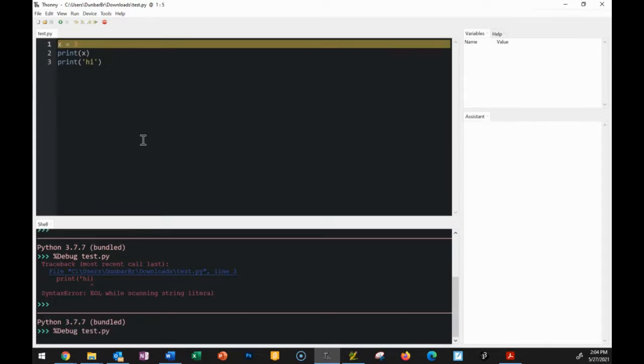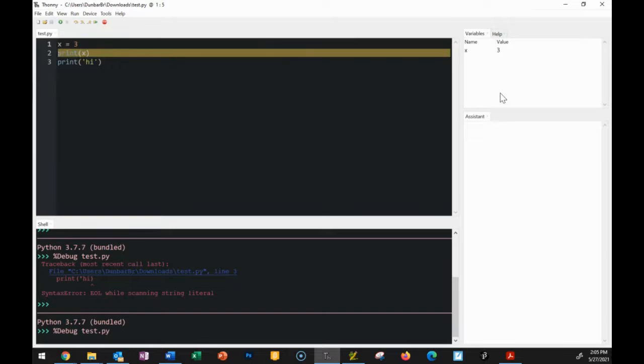Come on, what's going on here? There we go. Sorry, for Thonny, it looks like you do have to hit the debug button and then you do F7. So it's a little different than PyScripter. In PyScripter, you just hit F7 and it goes. This one, you've got to click the little bug and then hit F7, and then it shows you this line's highlighted, and then